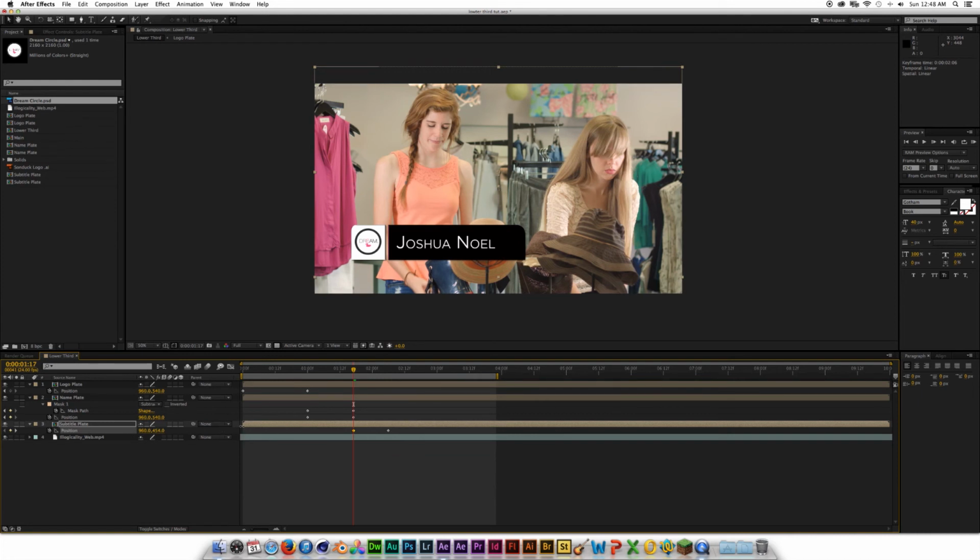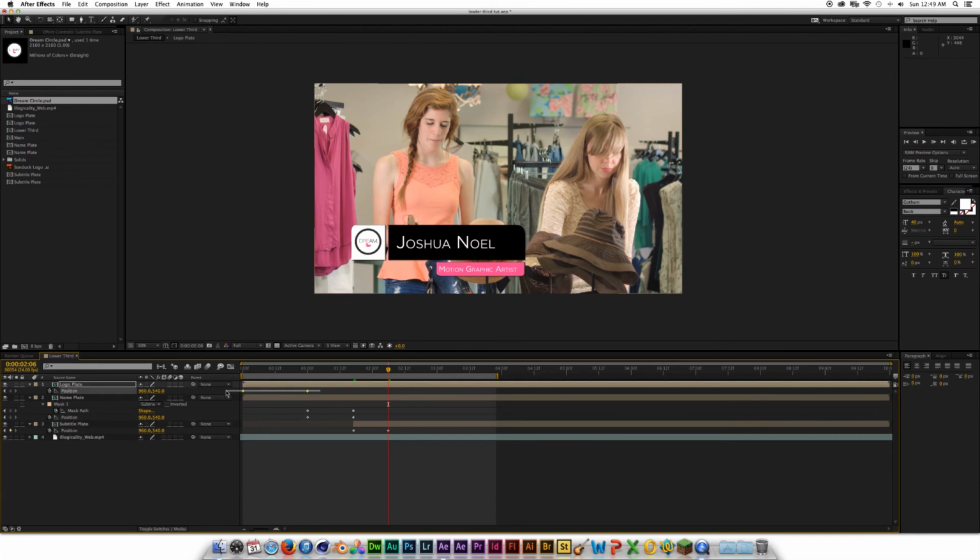Okay, so that's essentially done, but I just have to move the beginning of this layer over to right here, or it'll appear before the nameplate even comes on. So a little bit of trickery there. This drags down. So really the only thing we have to do now is make it go away,